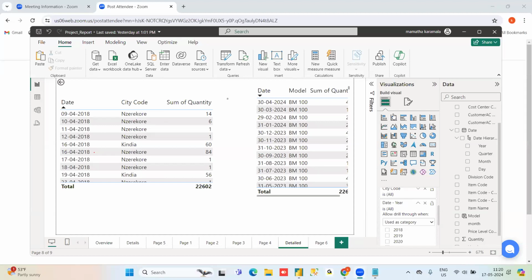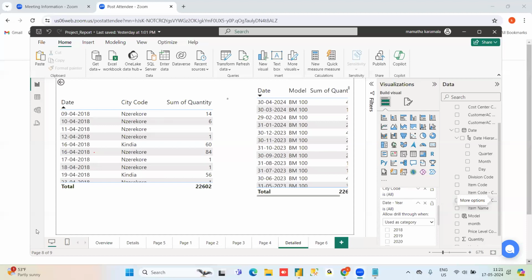Snehalata asks: is there any option to get detailed data by double clicking the slicer? No, that is interaction. Double clicking works on the same page only. But aggregate data is in one page, and if you want to see detailed data in another page, you only have the drill through option. Whatever you are saying about double clicking, here we are not writing any code in a click event or a double click event. Okay, Snehalata?